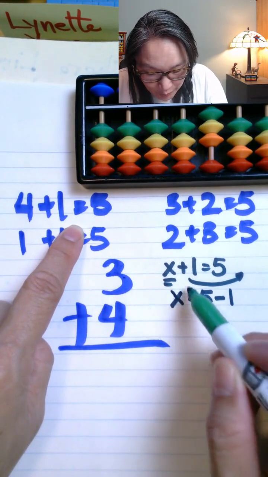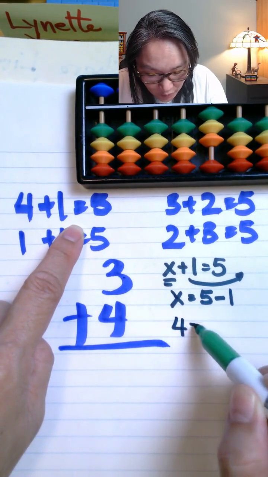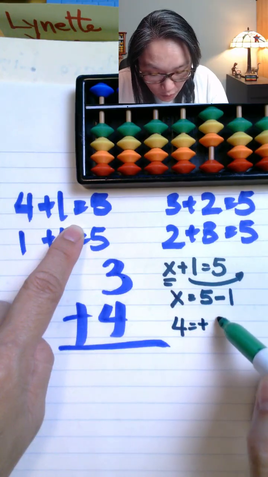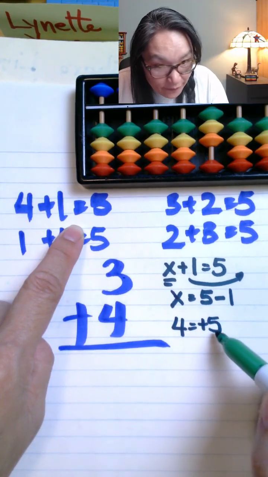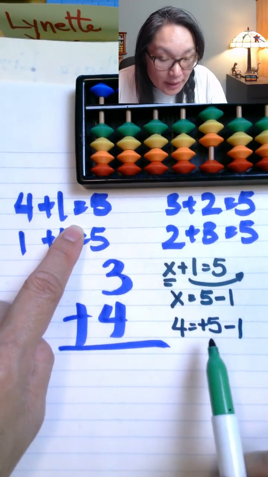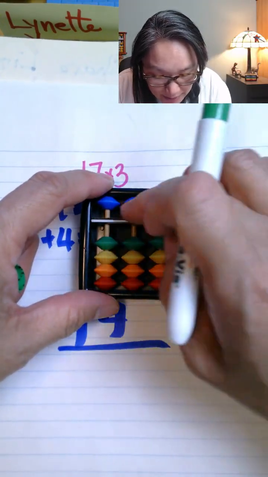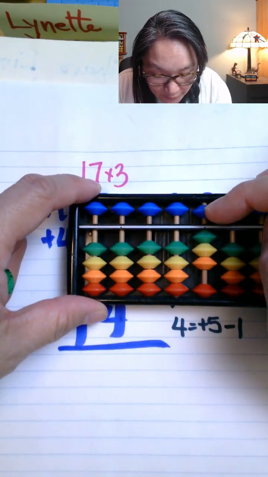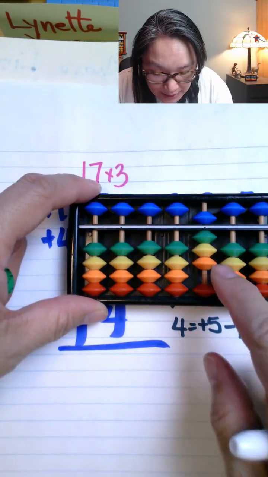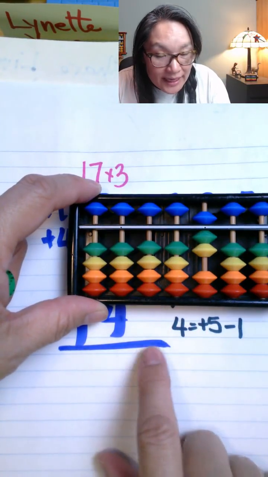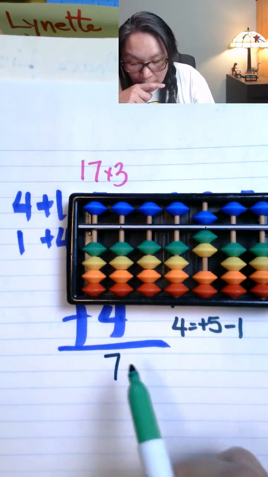So what if we replace this? We know that this is 4. When we do this, 4 is equal to plus the 5 minus 1. When we plus the 5 minus 1, what does that mean? On the abacus, if you look, we want to add the 5 and then take away the 1. So my answer is 7. Which is different than